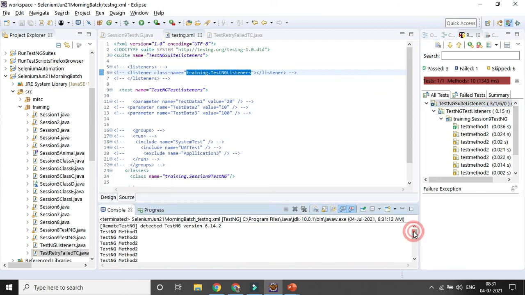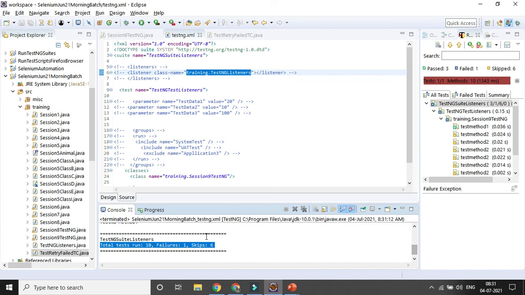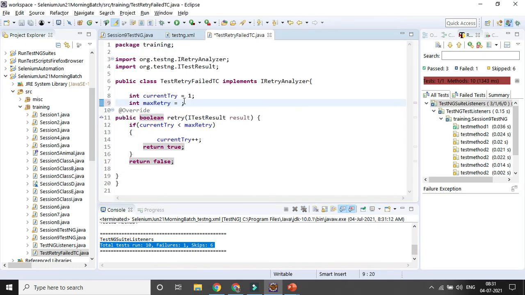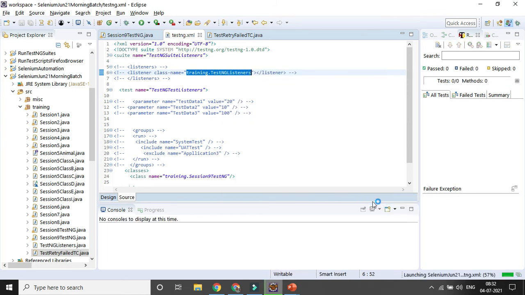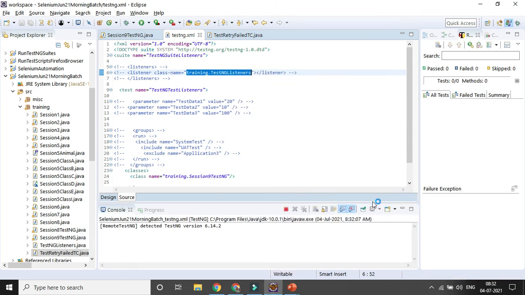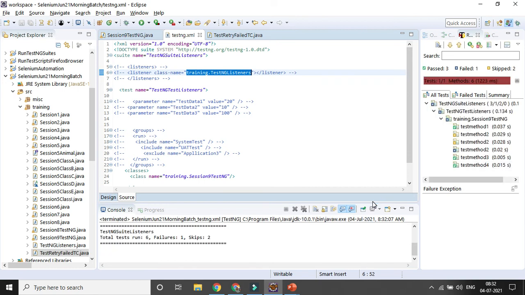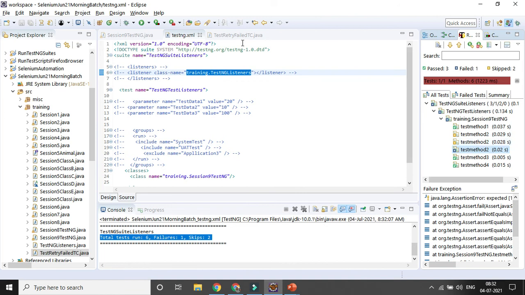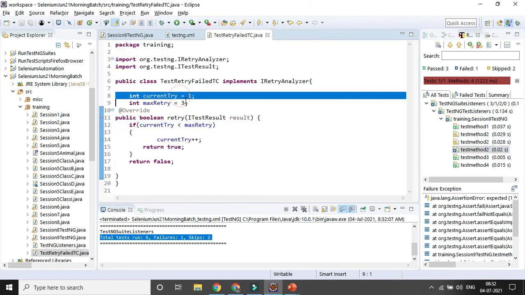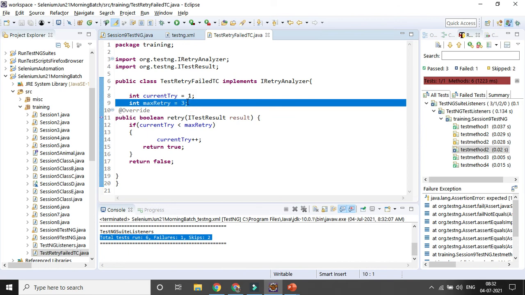You can see here every time it runs, but your total number of failures is 1, skipped is 0 for the failed test case. Now if you change the iteration from 1 to 3, it will only run 3 times, right. So that's how you can handle the failed test case re-execution to your expected condition, whatever number of times you want to run it. You can see now the total number of iterations is 6, because 3 test cases passed, so 1 time each, and the failed test case fails 1 time and is skipped 2 times, because of the condition we have given. So that's why you can manage your failed test case execution.